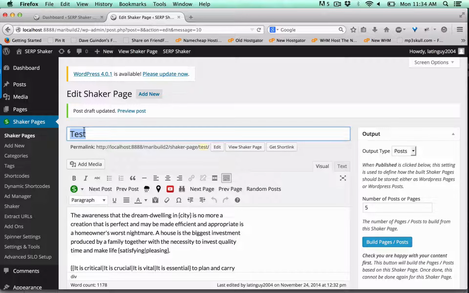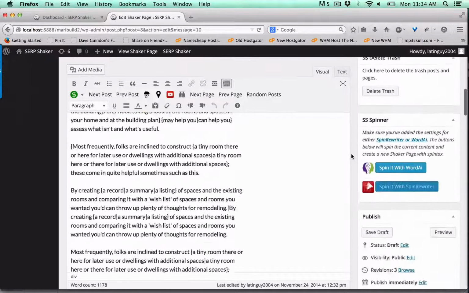So let's say, for example, you just want the city in the URL. You don't want anything else. Maybe you've set up categories and are using categories in the permalink, and just some kind of different structure where you just want the city itself in the URL, nothing else. So you would put city on here, and then you would scroll past the content here,